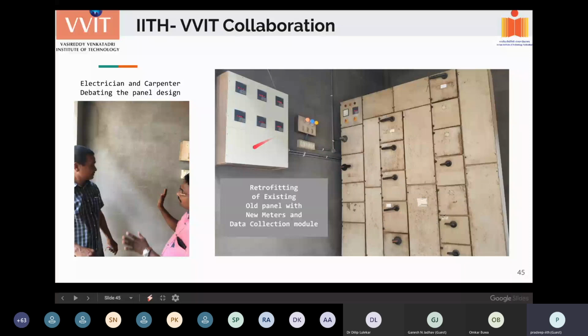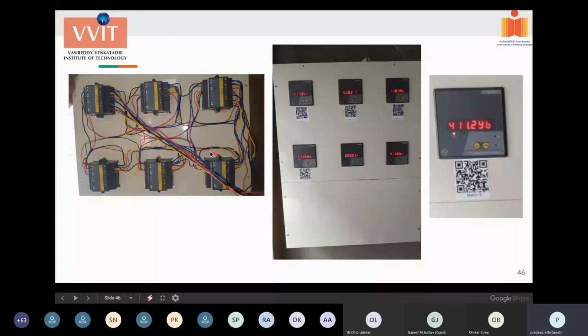The lower part is for the IoT module. The upper part is for the metering module. So this box we installed there, and as a result, we are getting the data. Now you can see the backside of the meter looks like this: the regular meter connections, 3-phase currents, 3-phase voltages, and then neutral. And on the right, we can see the metering panel.